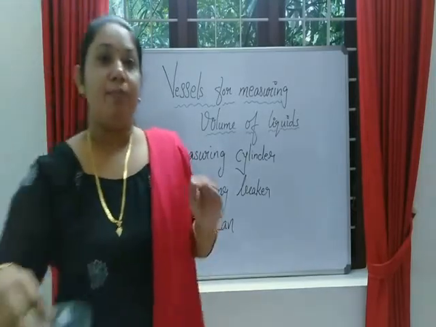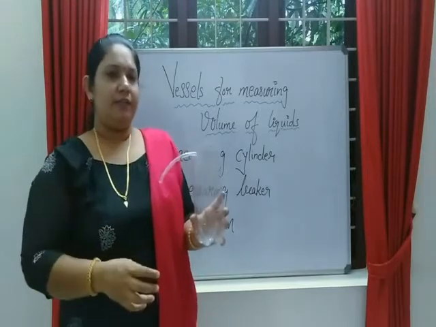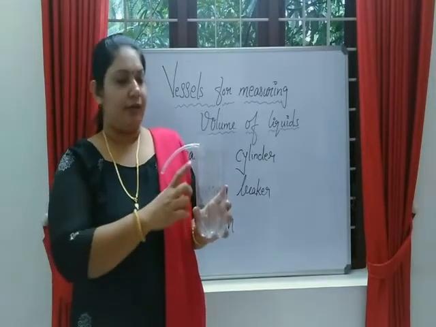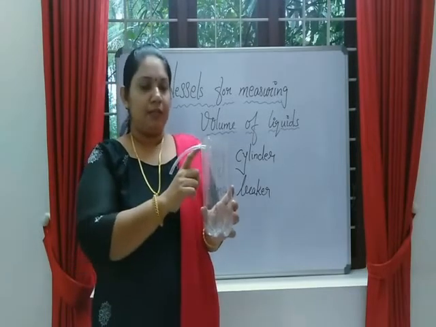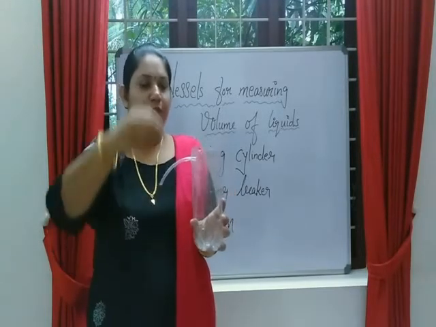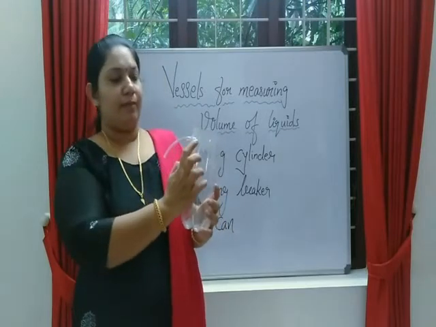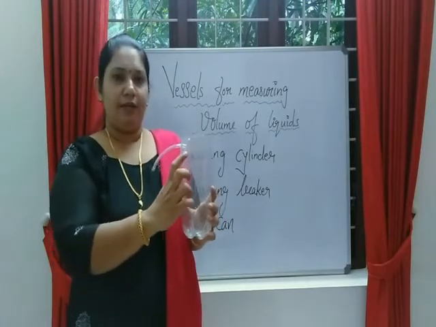I just have a model of a Eureka can. Here, this is an example of a Eureka can. Here you can see a small opening towards the top, and this portion is called the spout. So when we fill water into it, there is a fixed amount. It is 1 liter, a 1 liter Eureka can.